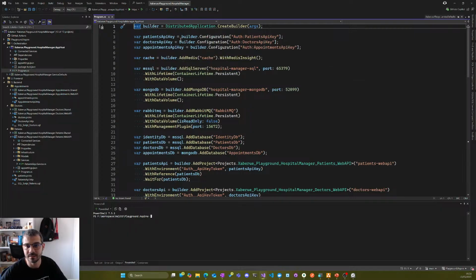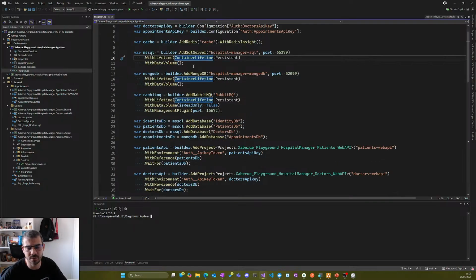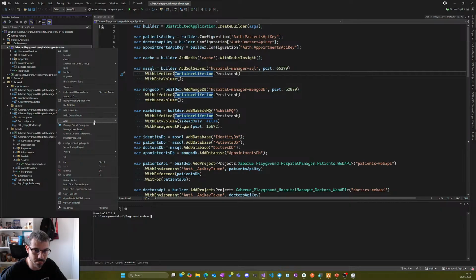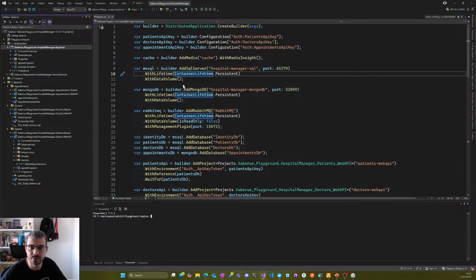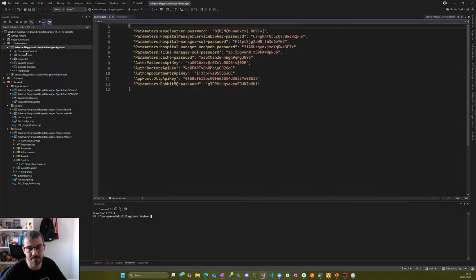Look at that. Again, I am not lying to you when I'm saying that you use exactly the same patterns that you are used to working with in all our .NET applications. So you can see that we have the builder here. It's creating a distributed application builder. It's giving us a distributed application builder. And when we're adding some specific services, what Aspire is doing behind the scenes for us is also configuring them easily for us. So if we go to our secrets for that specific app host, we will see that